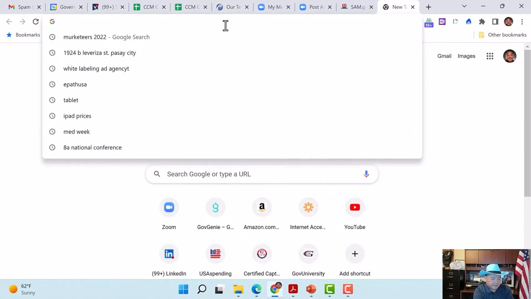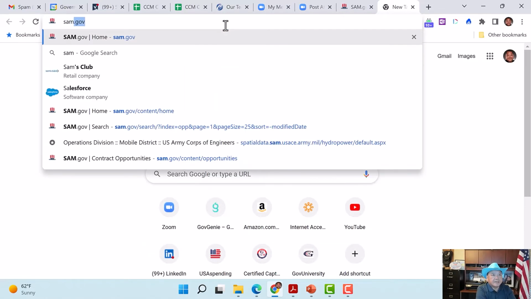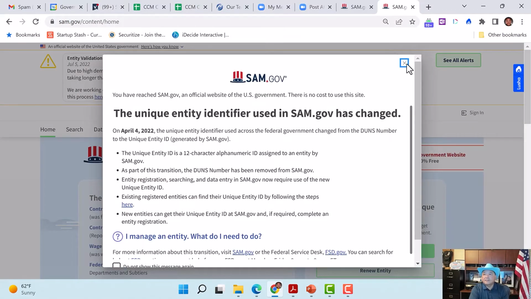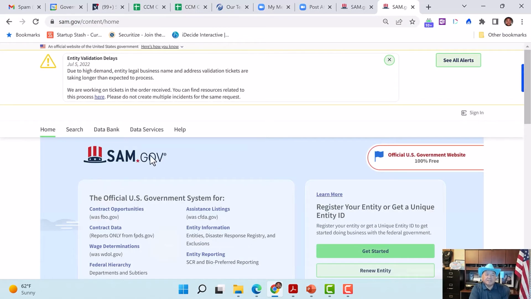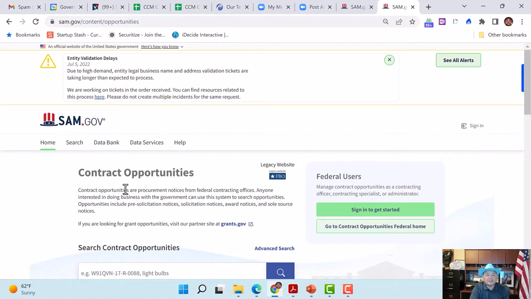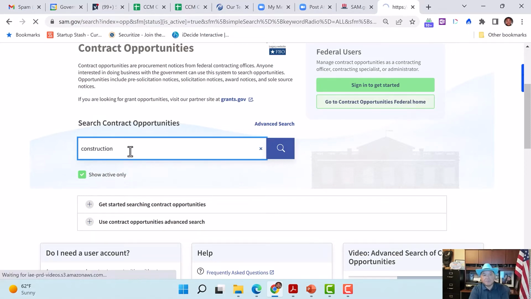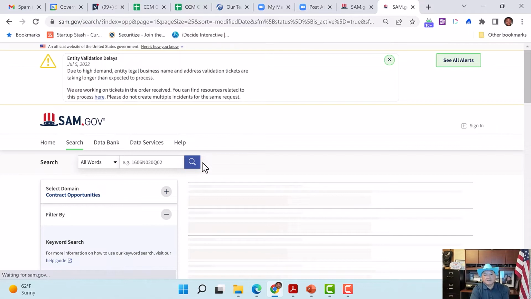All right, so let's come in here, sam.gov. You come to sam.gov, you do not need to be a registered user, but you do need to be registered to be a vendor, but not to look for opportunities. So I click on contract opportunities, and I'm going to type in here construction. Some of you may be in construction. It doesn't matter, if you do marketing, put in marketing.